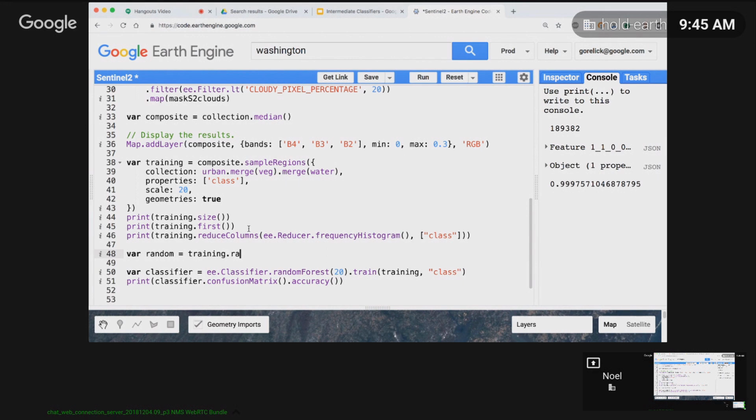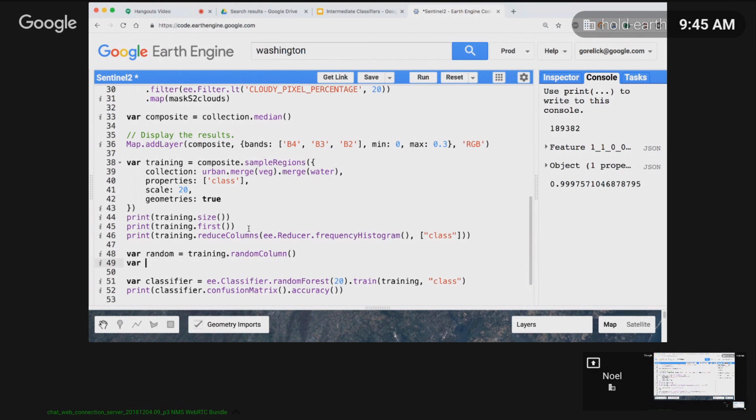There's a bunch of ways you can do it. If you don't want to draw some more polygons, this is the way to do it. We're going to give each feature a random column, just a number between 0 and 1, evenly distributed. And then for the validation, we are going to take any of those rows that have a,